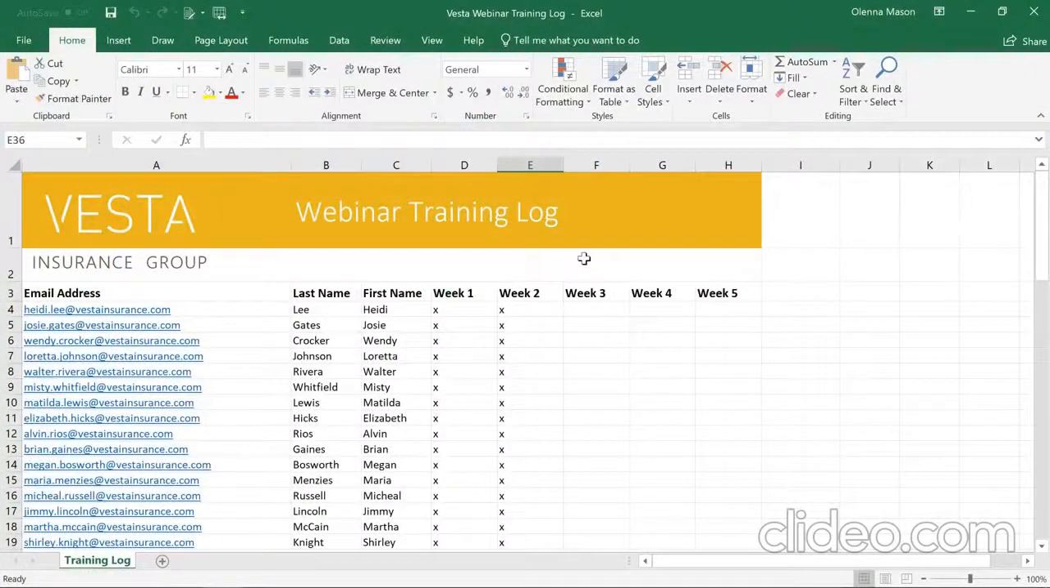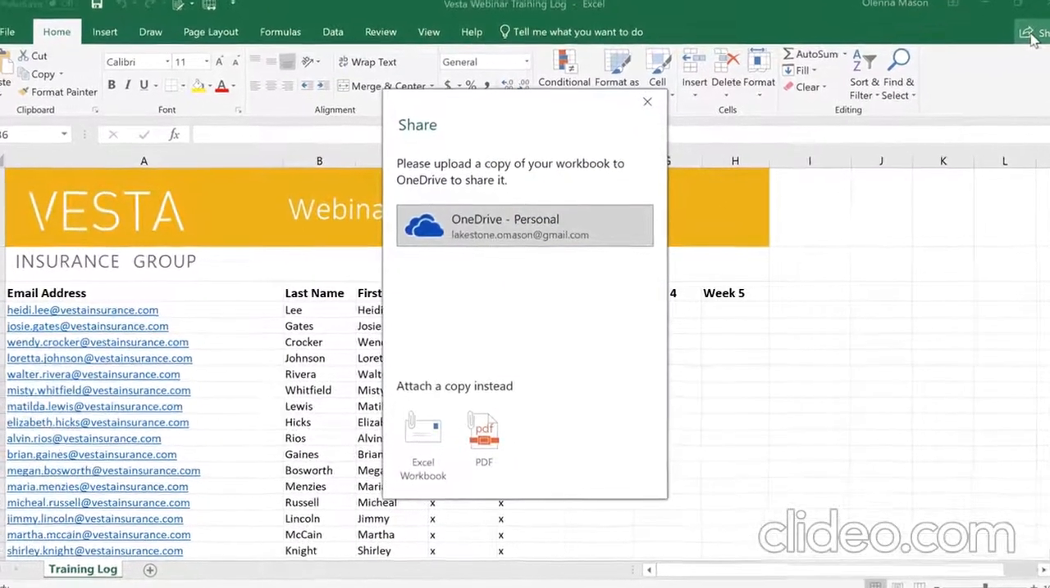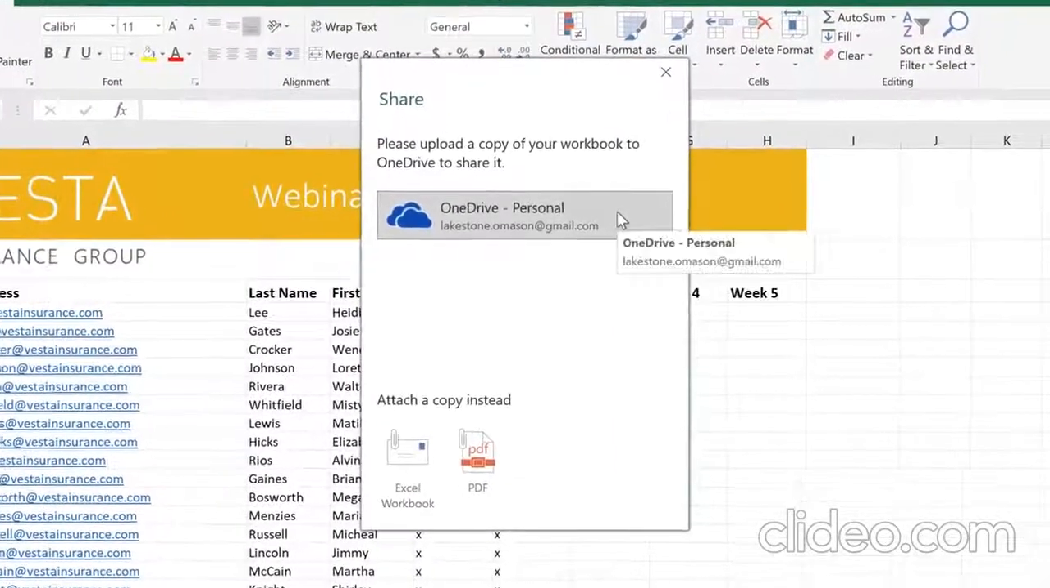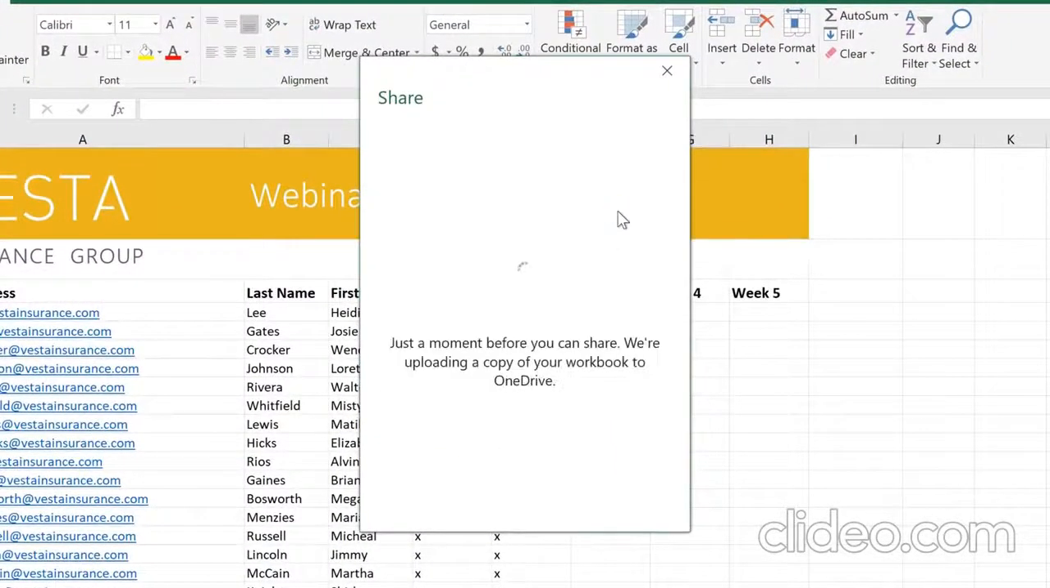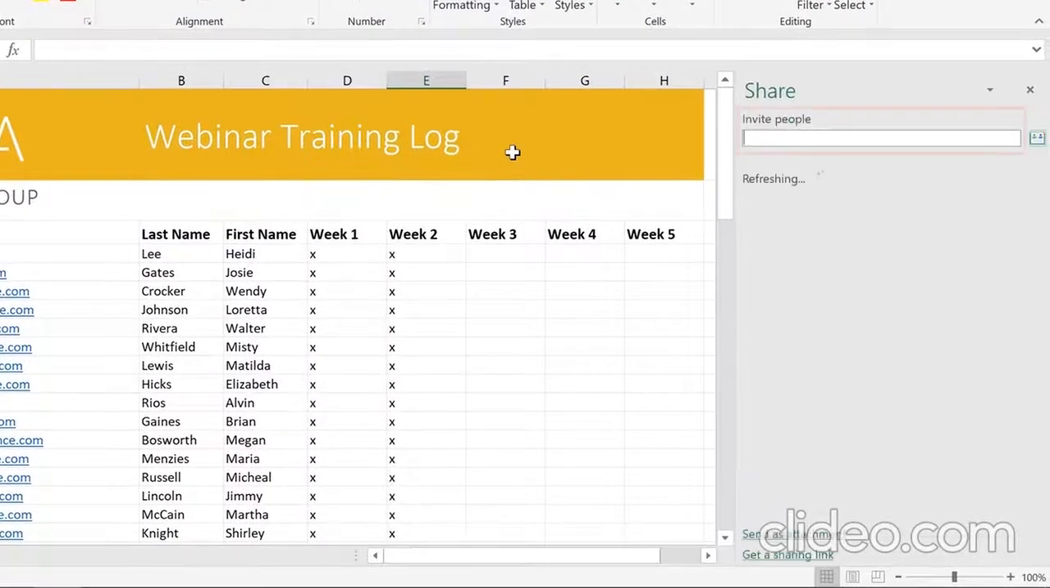To share your workbook with others, click the Share button in the top right corner. Next, you'll have to upload your workbook to OneDrive, so click on the option associated with your account. Once it's uploaded, you can email an invitation for others to view or edit the file. There are more ways to share at the bottom of the window, like attaching your workbook to an email or